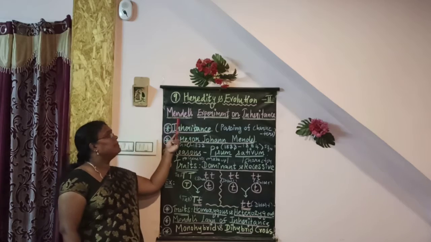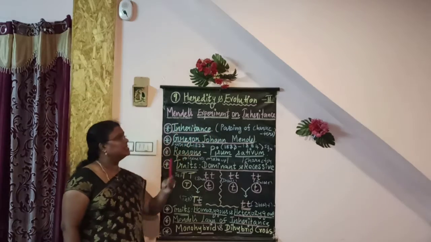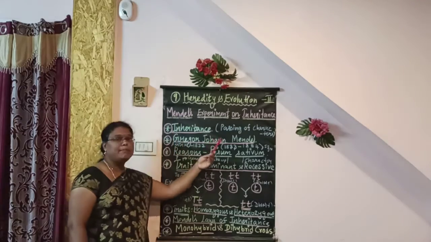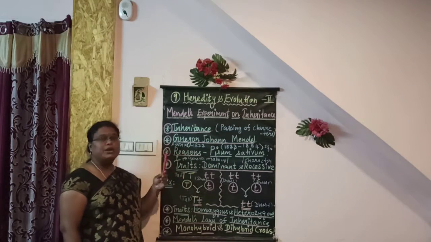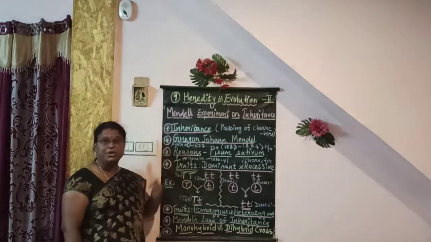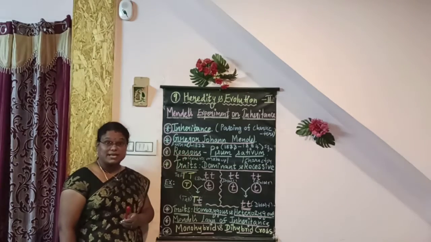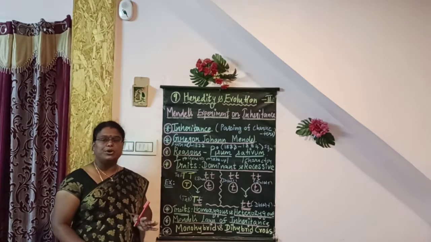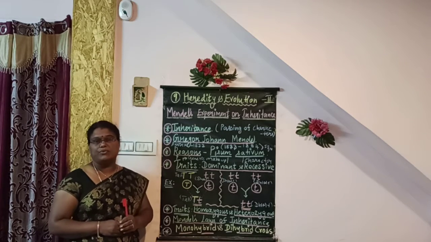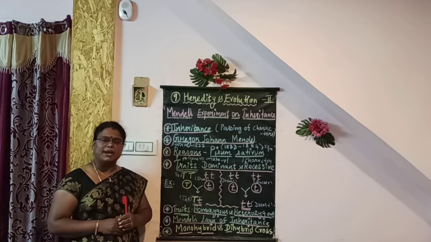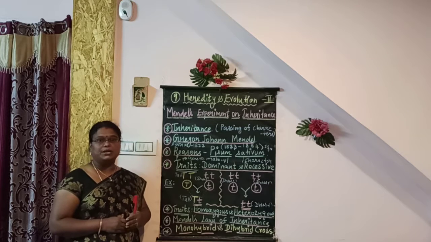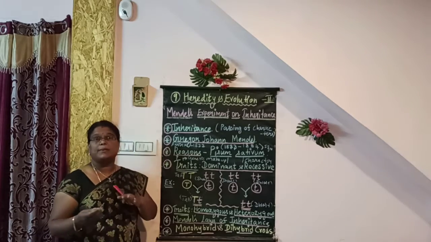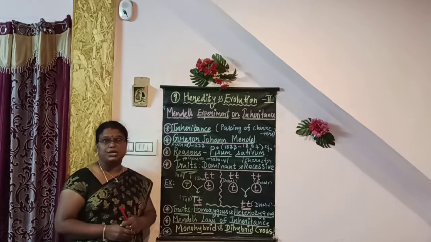Students, the topic is Mendel's experiment on inheritance. Mendel's full name is Gregor Johann Mendel. He was born in Austria in 1822. He was a scientist and he is called father of genetics because he contributed more to the field of genetics, and he did many experiments related to inheritance, that is a transfer of characters from one generation to another generation,